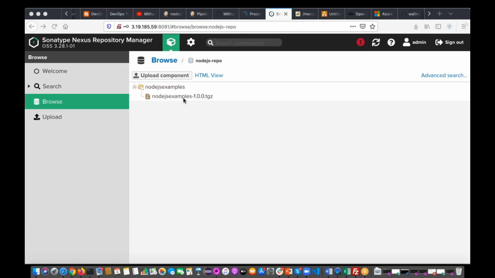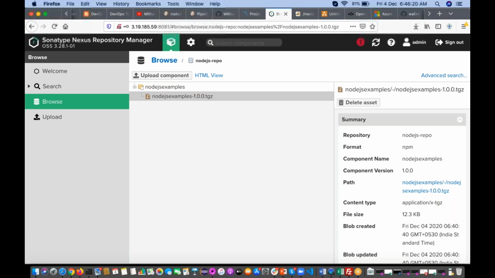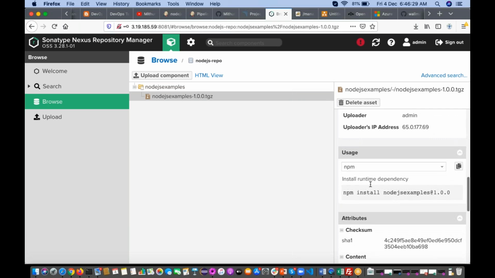Right, one package. This is also clear. If you click on this one, it is going to give all the details. So if you want to get any dependencies, if it is Maven, we use the dependency tag. Right, here if you see, we are going to use npm install. This is the package name. Right. So if it is Maven, we are going to use the dependency tag, with the group ID, artifact ID, and all. Right. Okay.